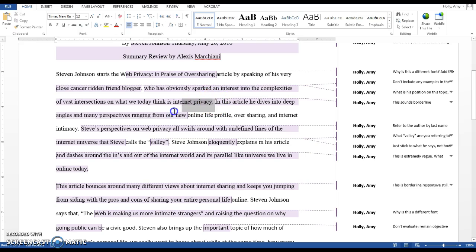So this is the first instance where I felt like, okay, maybe she's being a little bit too evaluative or responding a little bit to how the article is written, not just what it says. So, "he dives into deep angles and many perspectives ranging from our new online profile." This language, into deep angles and many perspectives, I mean, that's true.